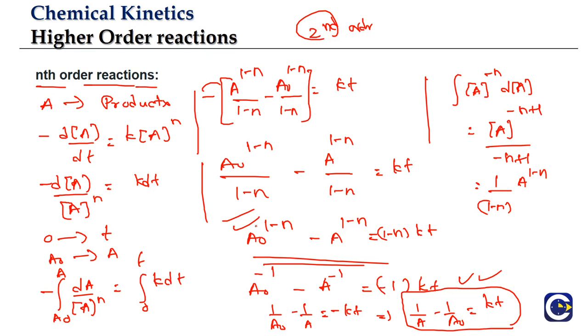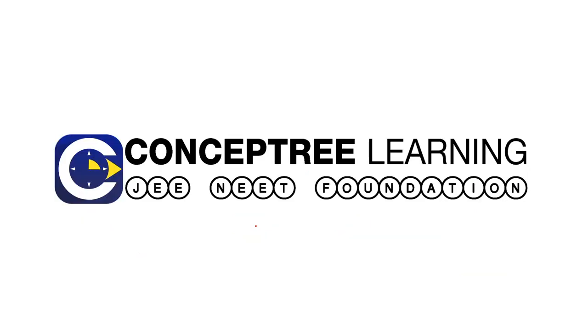And even for the nth order also, we can find what will be the half-life. All we have to do is that the value of a will be equal to, we have to substitute it as a naught by 2, thereby we will get the half-life value. So this is about the higher order reactions in terms of second order or even any of the higher order. So generally we will not get many problems on this, but occasionally if we are getting problems means we should be able to answer it by using these concepts.